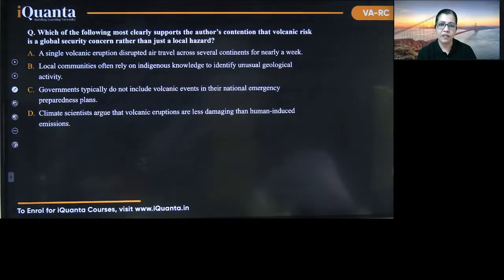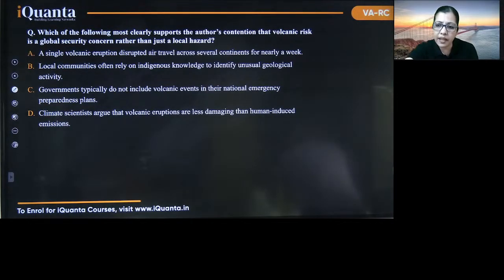Author's contention that volcanic risk is a global security. Oh my God, this was so good. वो कह रहा है हमें सपोर्ट करना है, वो कह रहा है इट वॉज ग्लोबल. वॉल्केनिक कोई भी रिस्क होता है ना, इट्स ग्लोबल, कनेक्टेड विद बटरफ्लाई इफेक्ट, केओस थियरी. तो एक कहीं पे फटेगा तो दिस विल हैव implications, this will have an impact across various places. ठीक है, इसमें देख लो आप ऑप्शन ए, अ सिंगल वॉल्केनिक इरप्शन हुआ, इट डिसरप्टेड एयर ट्रैवल अक्रॉस various continents for nearly a week. So this is showing global, this is supporting the author's claim. Right, 2 passages. ये 2 passages में से 6 to 7 questions आराम से निकाले जा सकते थे with minimum